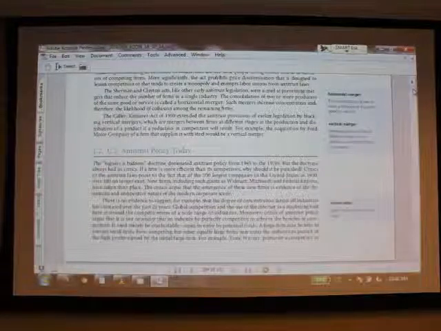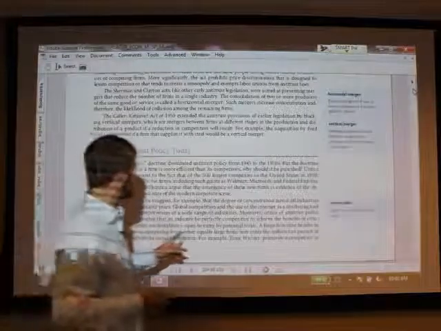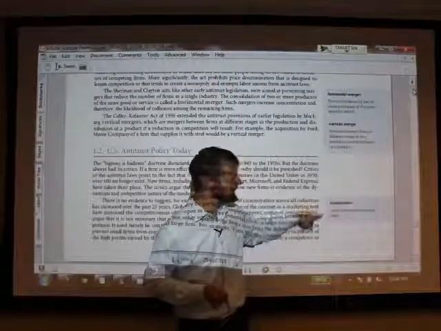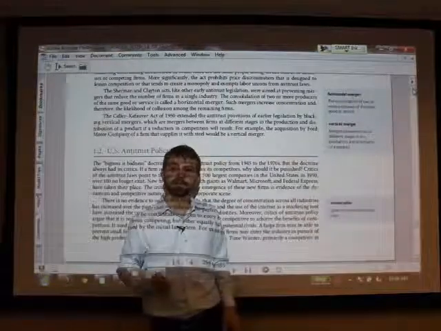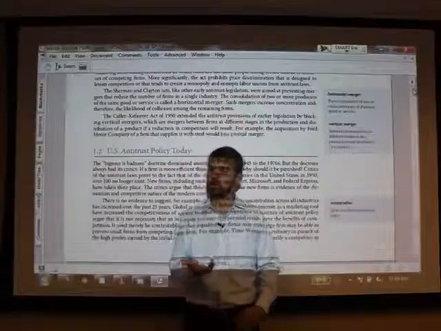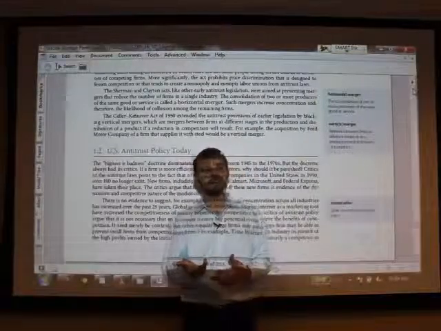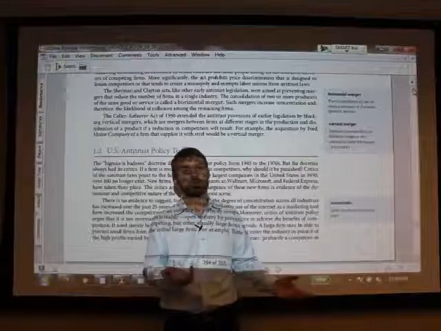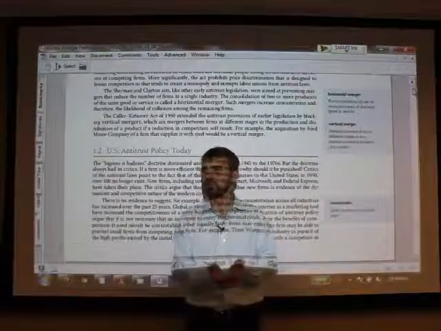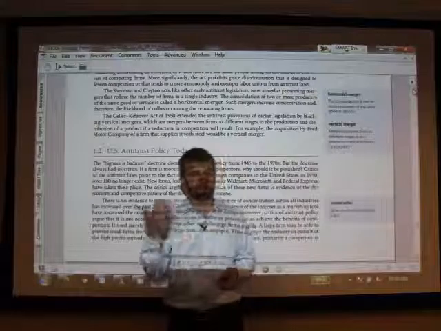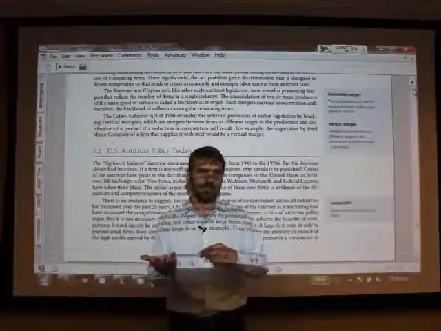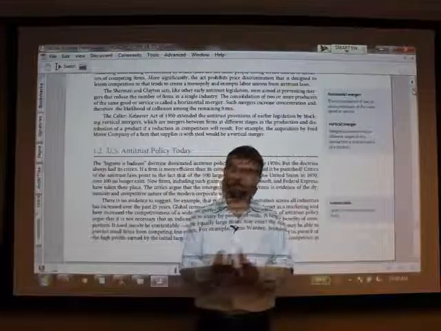Before we move on, there's one term here that's worthwhile to mention, and that is contestable. A market can be contestable. What that means is there may not be a large number of competitors in the market right now, but if entry is easy, then the firms in the industry today will act as though the market is competitive, because if they price above cost and are making a lot of profits, that's going to encourage entry.